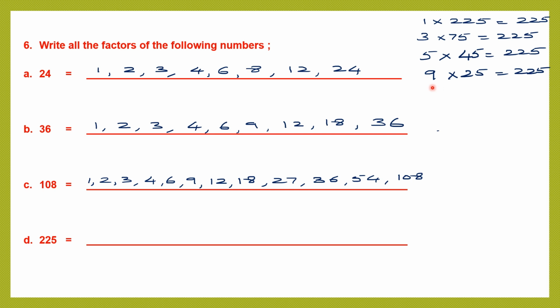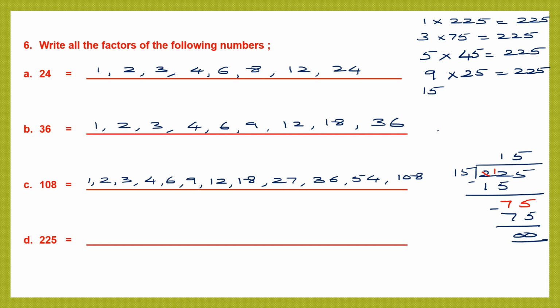Now after 9, 10, no, 10 into nothing will give us this. 11, 12, 13, 14 will not give us 225. So let's take 15, the number ending in 5. 225 divided by 15. 15 ones are 15, minus, so here you have 12 minus 5, which is 7, and 5. Now 15 into 5. 15 fives are 75, minus,